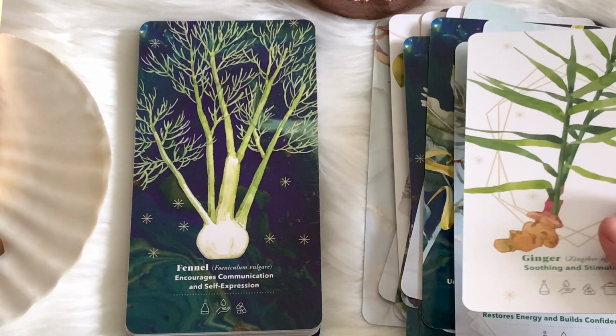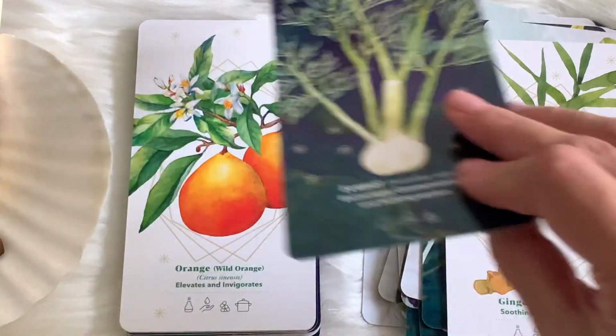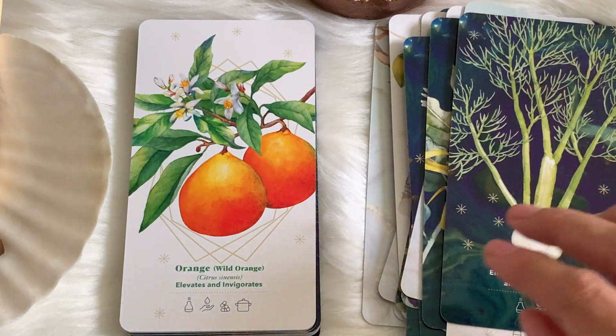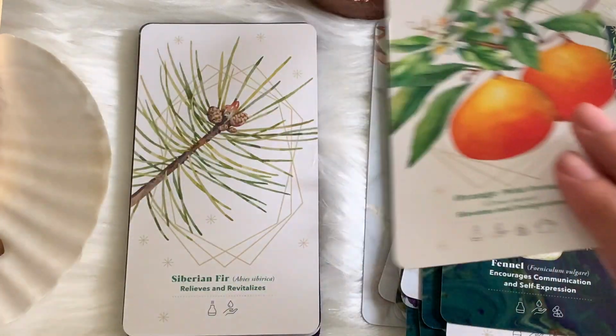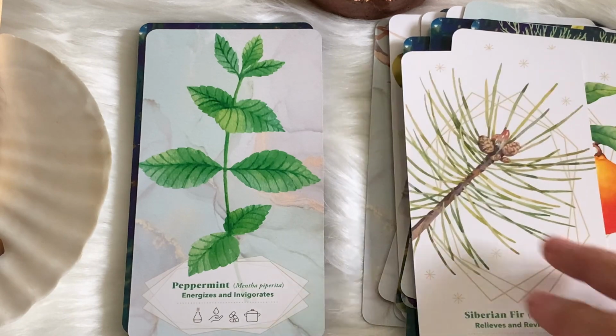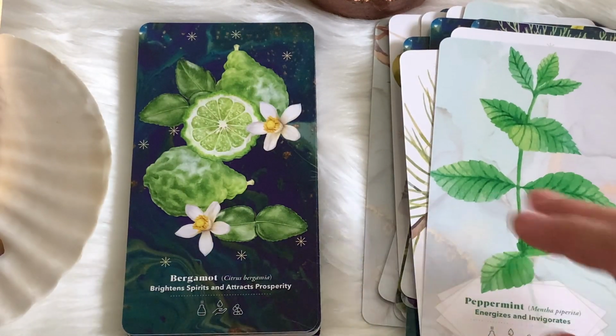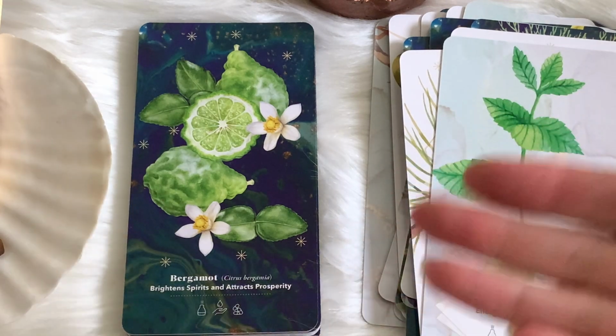And by the way, at the end of this review, I'll be pulling a card for us. If it connects with you, fantastic. If not, I hope that you'll have been able to sit back, enjoy some of these images, maybe soak up some of the energy through this camera,